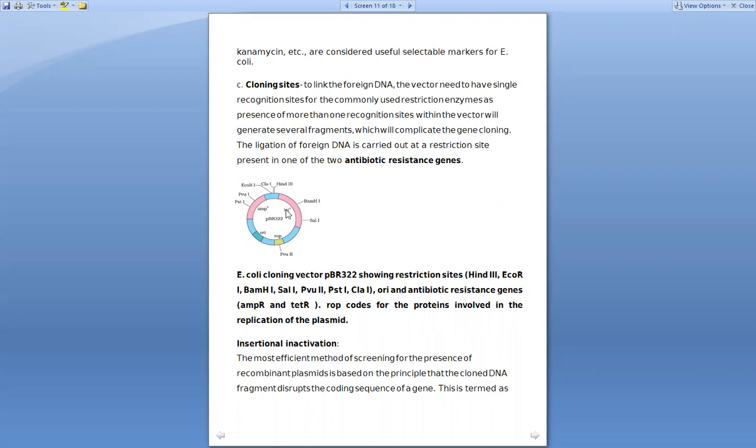For this reason, this tetracycline resistant gene cannot be expressed or activated. As this gene has a gene of interest or another DNA sequence in the middle, upon insertion of the gene of interest this gene becomes inactivated, and this process is known as insertional inactivation. That is, upon getting inserted inside this particular gene, the inactivation of this resistant gene occurs, and this is known as insertional inactivation, right?